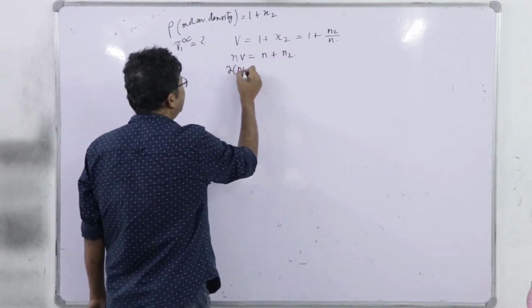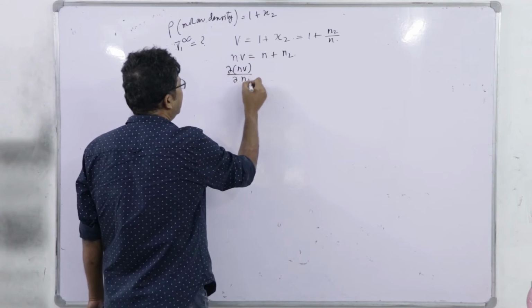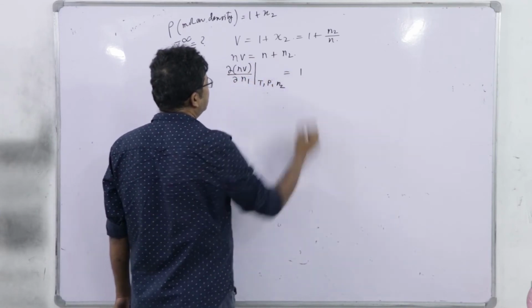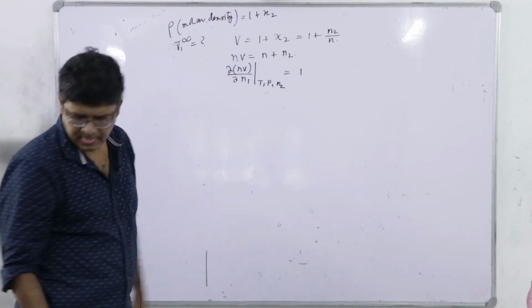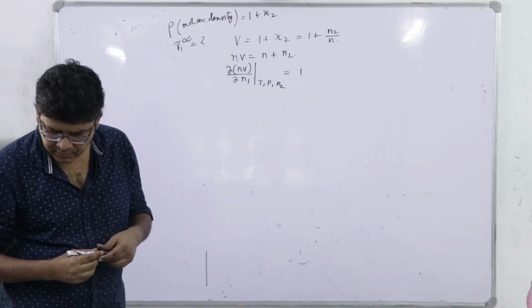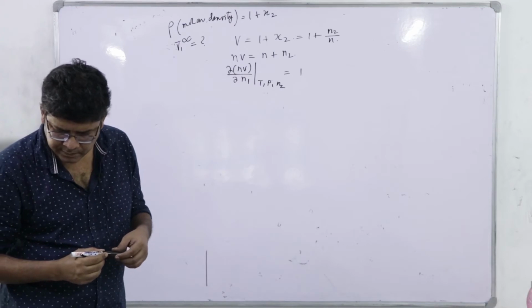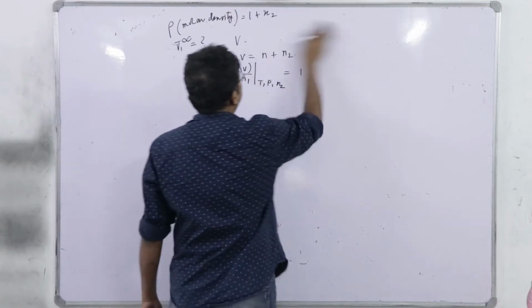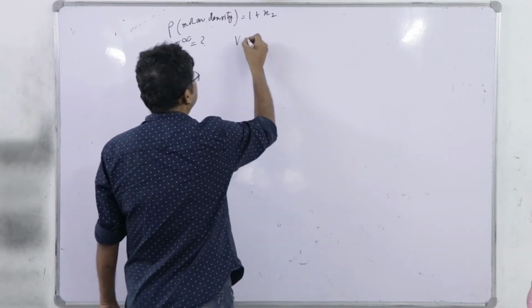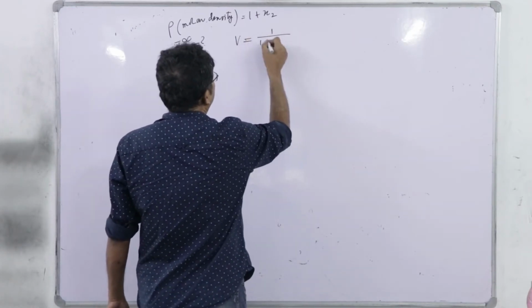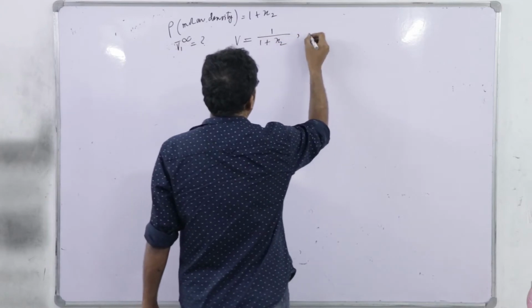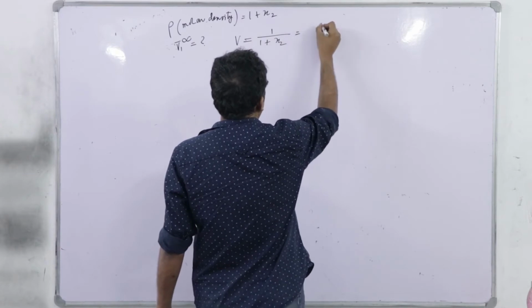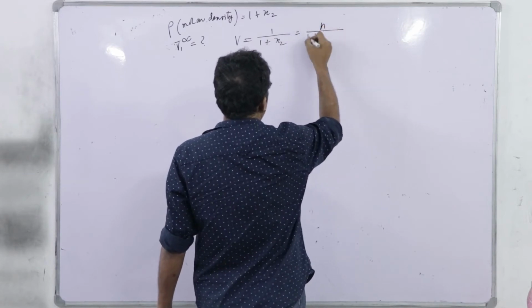So, del of NV, del N1 at T, P, N2, it is equal to 1. Okay, sorry, what we are doing here, we have to take the reciprocal. 1 divided by 1 plus x2. So, it is 1 n divided by n plus